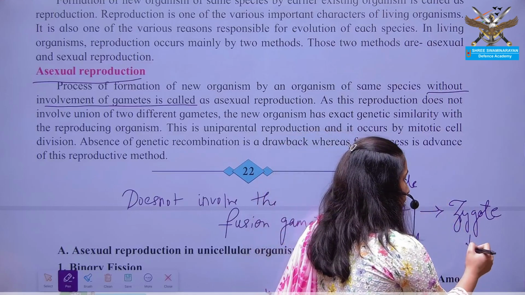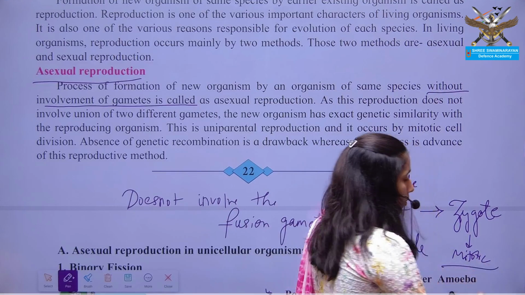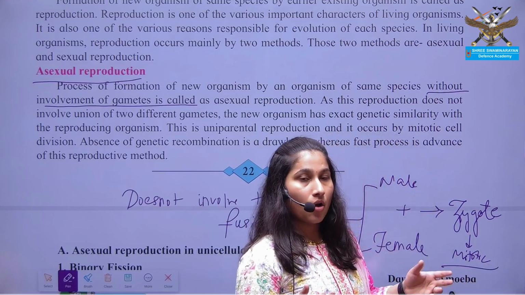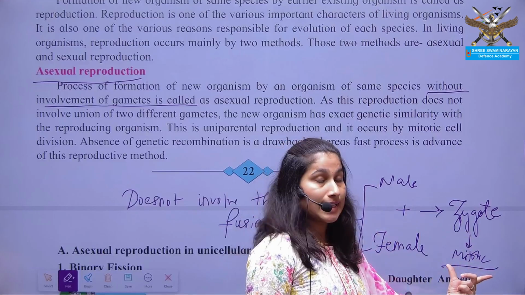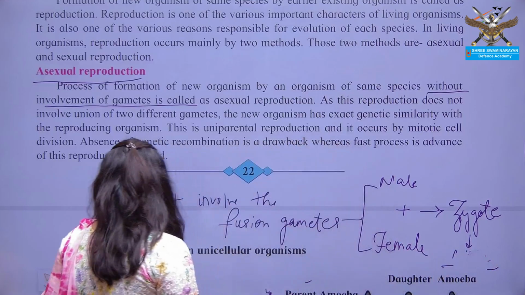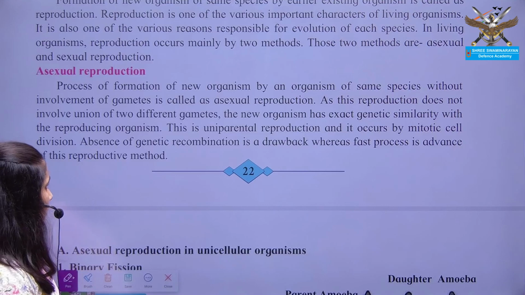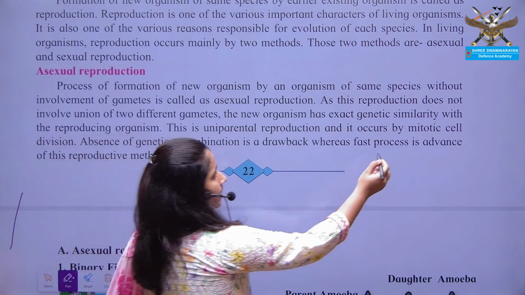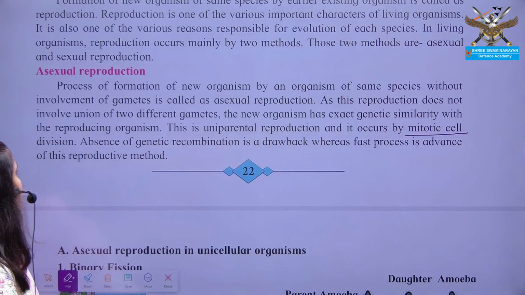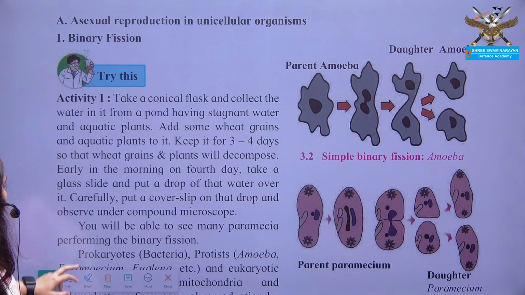How? Which divisions does the zygote undergo? Meiotic division or mitotic division? For increasing the number or for growing purposes, which type of cell division is it acquiring? It is undergoing the process of mitotic division, because of which it reproduces and grows. See here, they have said it undergoes mitotic division. For reproducing the new organism and for growth, they are utilizing mitotic division. Asexual reproduction in different kinds of organisms.